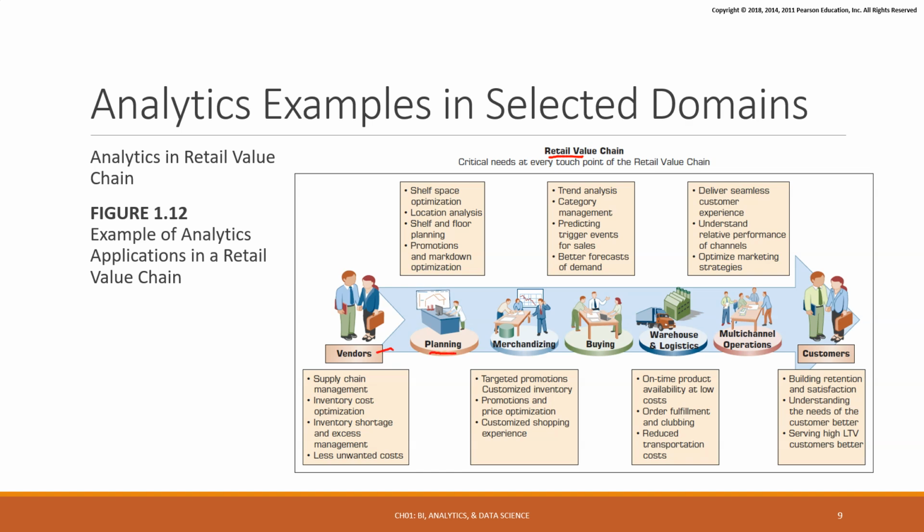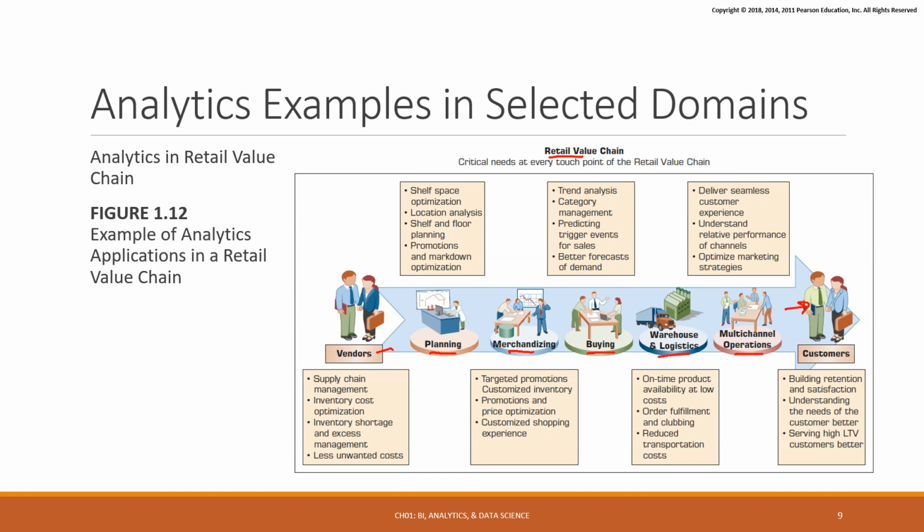You have people that are planning or more or less designing the product. You have people that merchandise what's going to be sold and how it's going to be sold. You have people that are responsible for picking the vendors or the suppliers and buying the materials. You have people that are responsible for storing and warehousing and moving those particular products. And then you also have the channels through which those products will end up being sold so they can finally